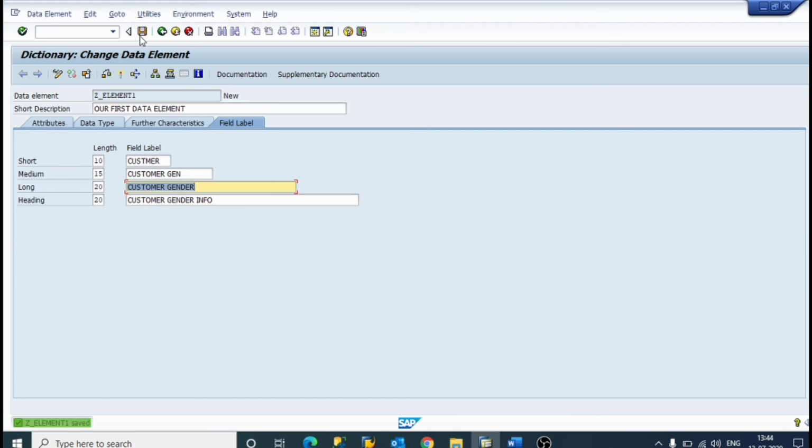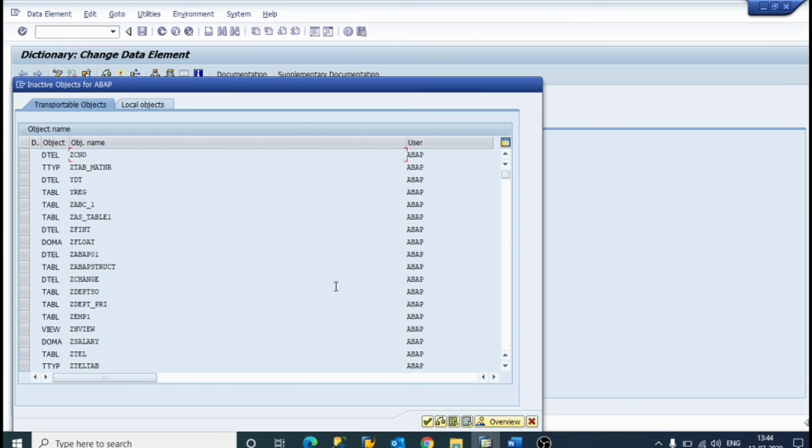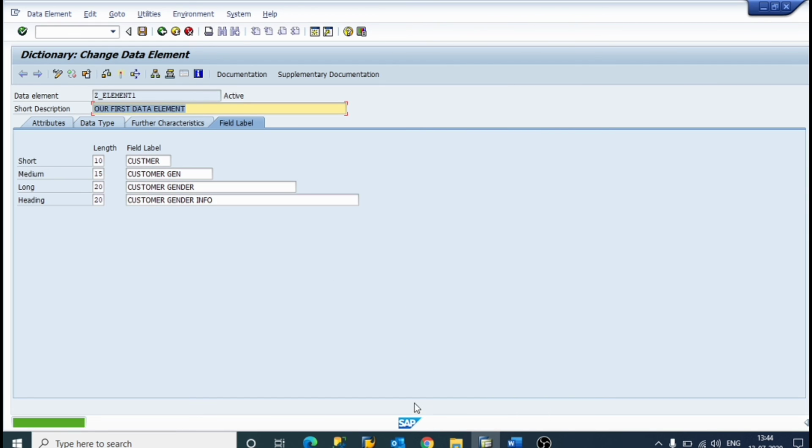Just save it, activate it. Done. We have created our data element and in this you can see our object is also activated.